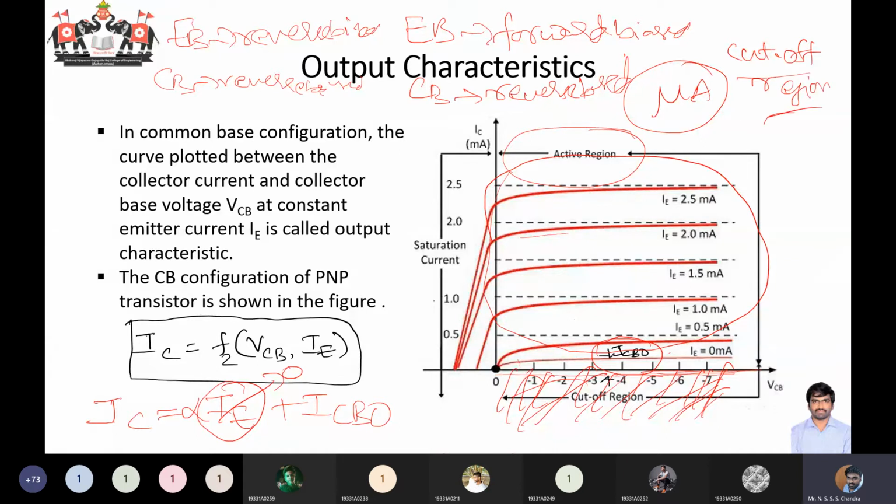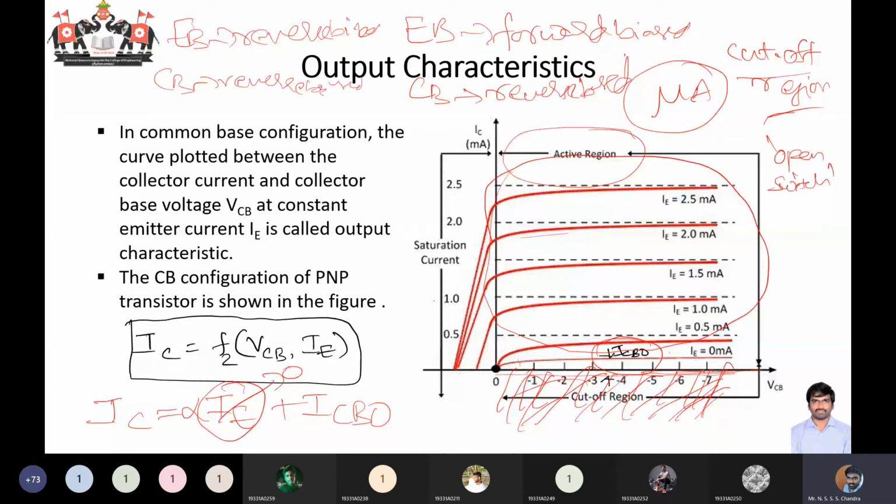Okay. So you will employ a transistor in cutoff region when you want to use a transistor as a switch in open condition. If you want to use a transistor as an open switch, then you will be operating the transistor in cutoff region. So in cutoff region, your transistor acts like an open switch. You should remember this application. Even though you are giving the input, you will not have any output.